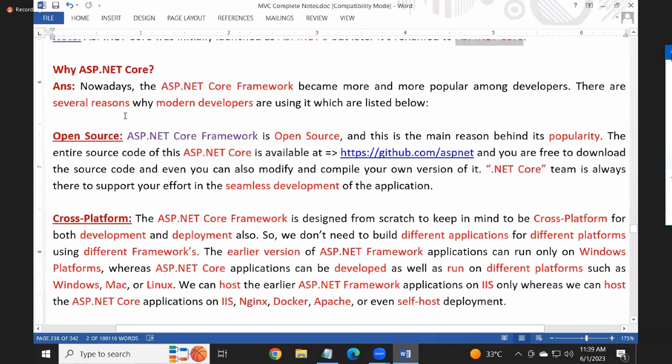What is ASP.NET Core? Nowadays, the ASP.NET Core framework has become more and more popular among developers. There are several reasons why modern developers are using it, which are listed below. What is it? First one,